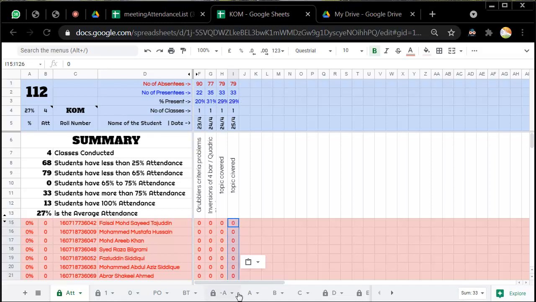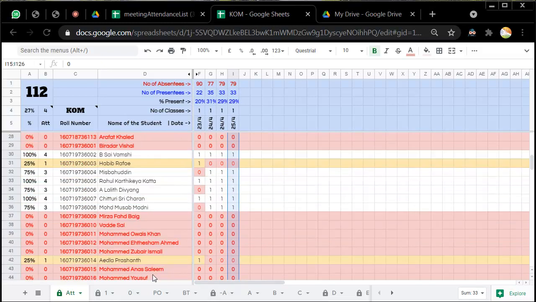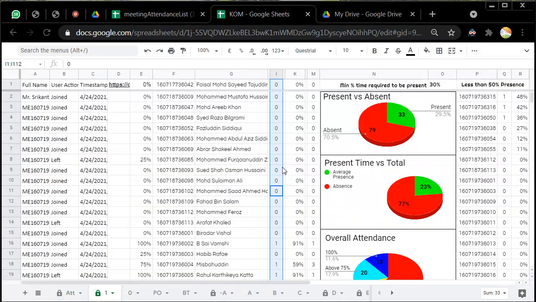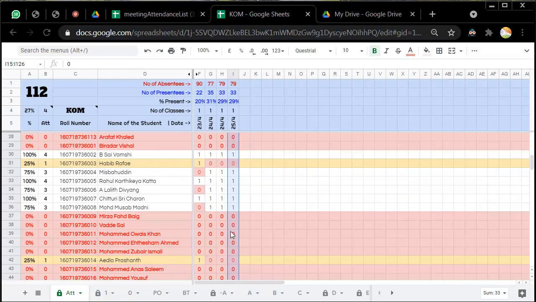So this will paste whatever data we copied from this file into this file. The advantage of pressing Ctrl and Shift is that it will not copy the formatting along with the data.